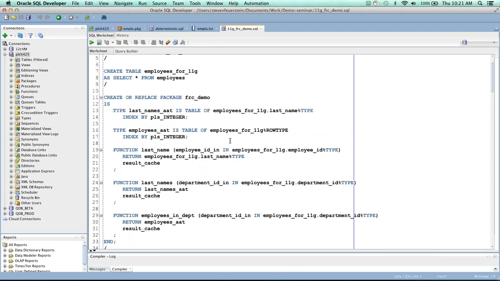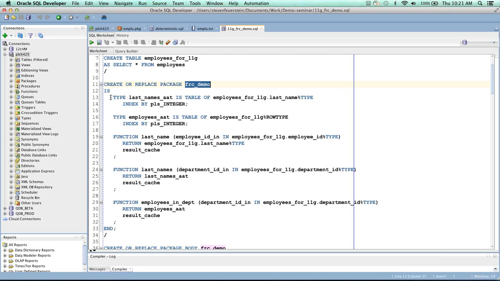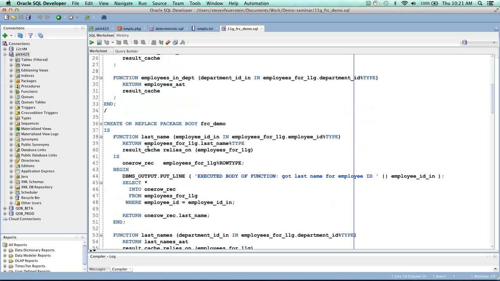So here's a package FRC demo, and I have a number of array structures. This is a list of names indexed by integer, and here's a list of rows, records, indexed by integer. Now here are 3 functions, and all of them are result cache functions. And all I did was put the result cache keyword on the header in the spec, and also in the